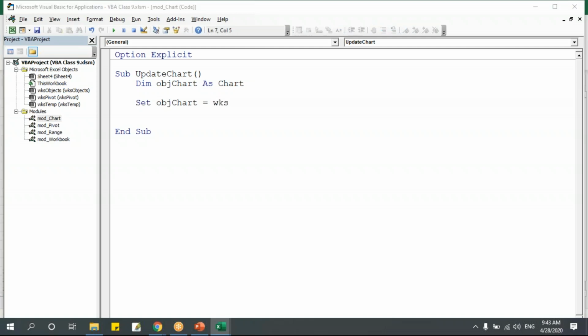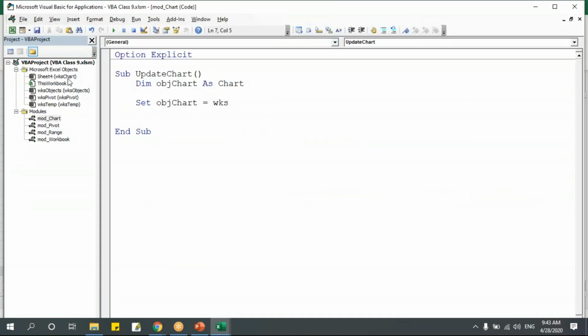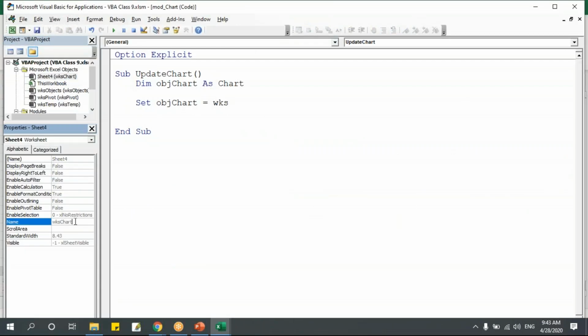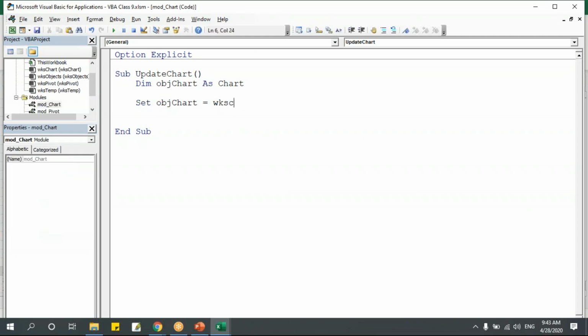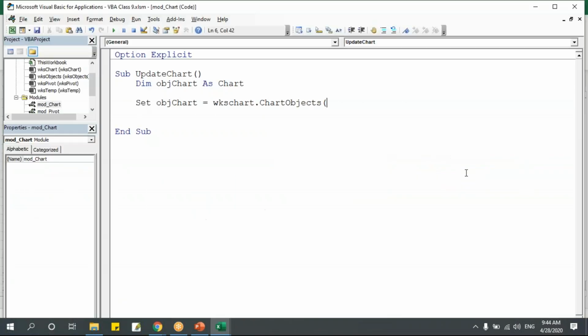We have a sheet which we didn't rename. Sorry. WKS chart, and here quickly we'll rename this. I have this habit of renaming the sheet. Fine. I'll say wks chart dot. Now this is not a range, this is not a pivot table or any other thing. So this is actually a chart object, what we have given here as chart. So we'll say ChartObjects. You have to mention the object type. Say ChartObjects. Here it says index. We'll give the name of the chart, that is obj chart